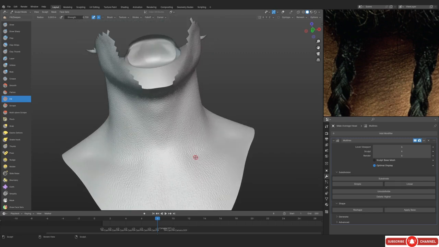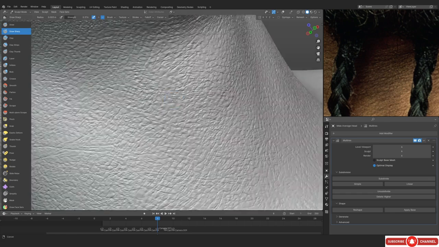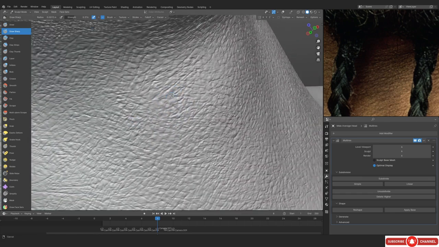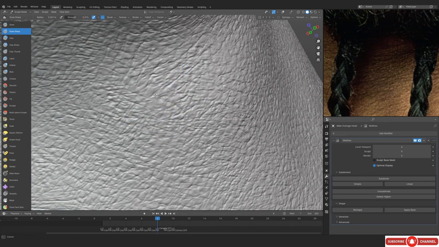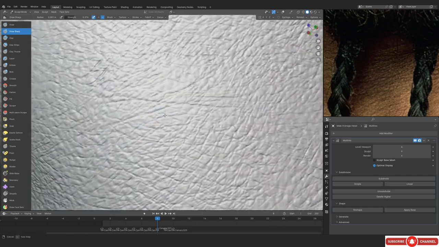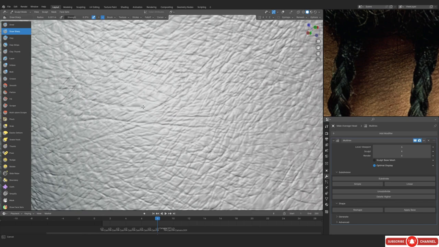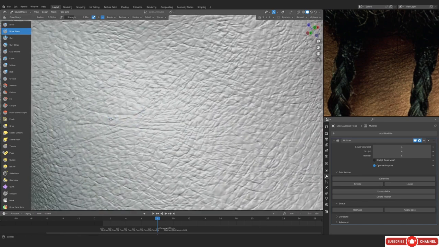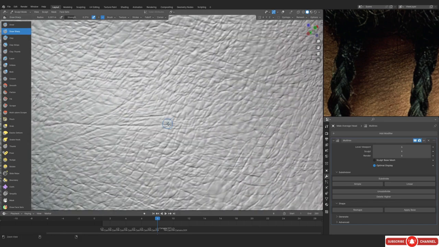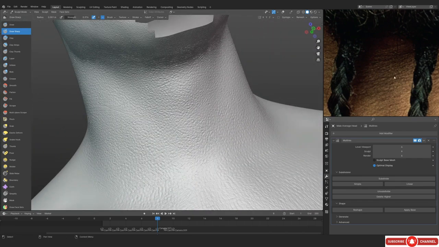By the way, even though we don't have lines right now, the neck is still looking pretty good. So if you want to and it does look good in render, you can just keep it like this and leave it right here. It's totally up to you, by the way. I can only give you suggestions. Maybe it does look good like this, and you don't even have to add the lines. You can always do test renders and change the sculpt.